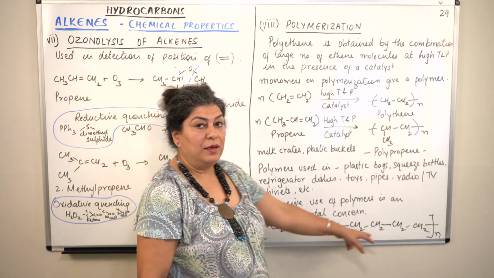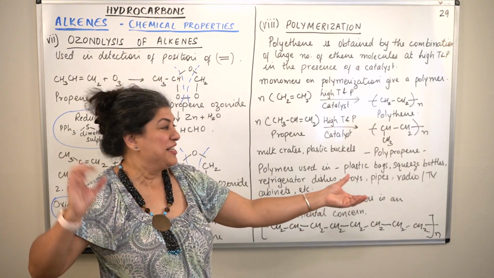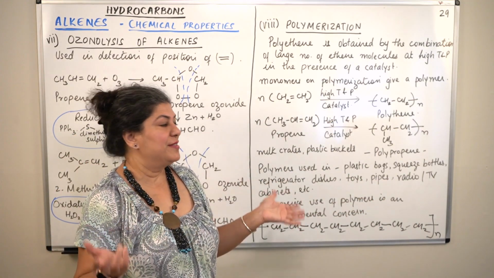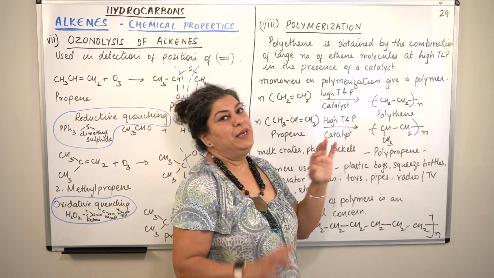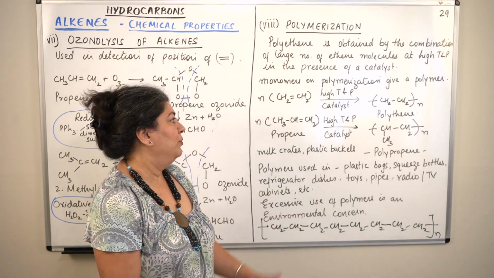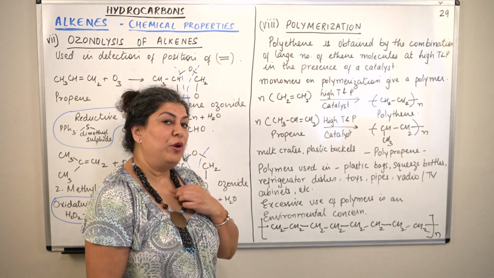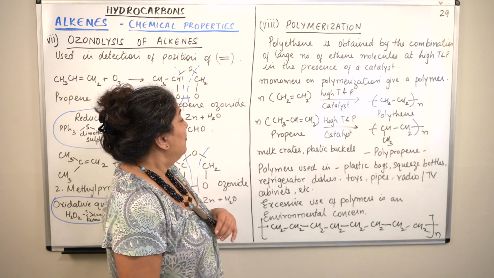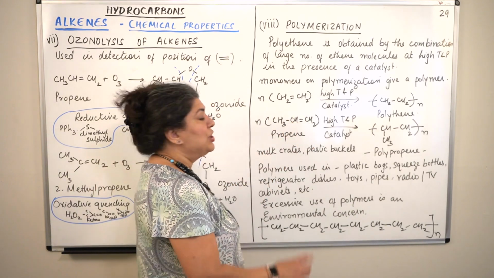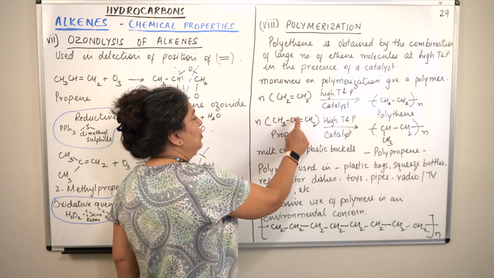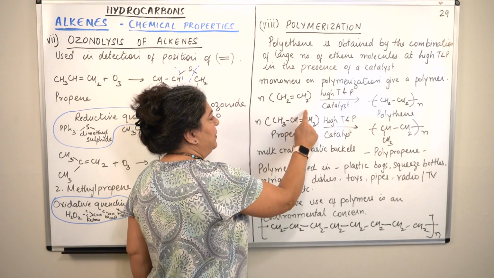We cannot make a million molecules of ethene and then show it. So this is an easier way, that whatever is the number N, you have those many ethene molecules combined together to form the polythene. Similarly, if you have propene, propene would also be polymerized in the same way. In the case of propene, you see these are the two carbons which will get the dangling electrons, because the pi bond will break here, so this carbon and this carbon.